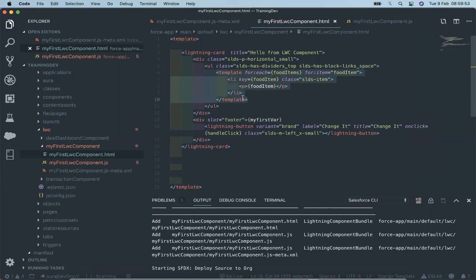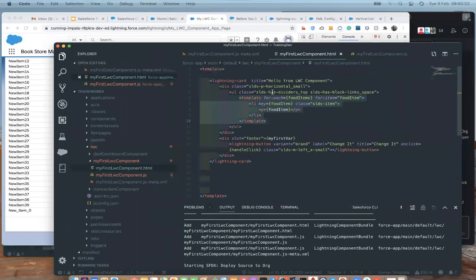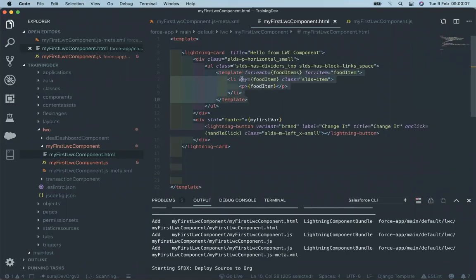So this is how the iteration is working with LWC components, and the importance of the key just after the template while we are using the for each loop.